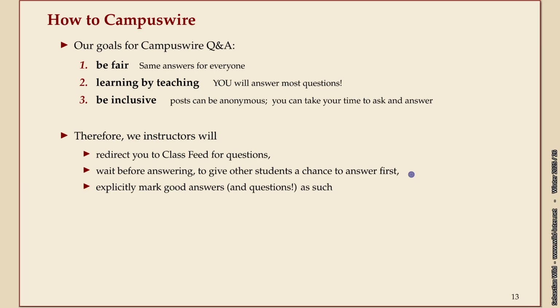To encourage this, we'll also wait a bit before answering any question, in case someone wants to chip in. And I'll usually ruthlessly redirect you to Campuswire. If you send me a private email with some question that could have been a public question, I'll just send back Campuswire. Okay? So you can save us this email back and forth if you directly go there. For anything that's private or personal that only concerns you, I'm happy to get your emails. Also, upvote answers and questions. You'll find this is easy to use.